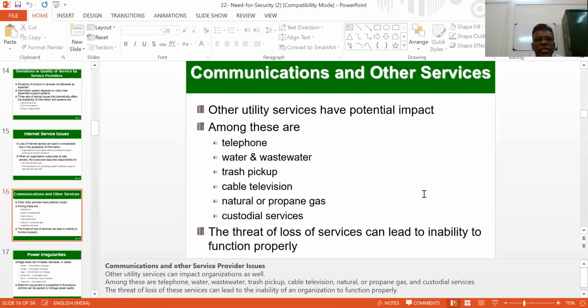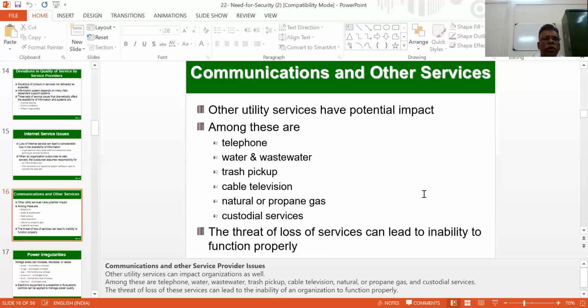Similarly, we have a PG center in different locations, like in Kodagu, a PG center in Udupi, and similarly in Mangalore, correct? If you would like to extend the same type of services, which services can be maintained with much more reliability? Among these, we can easily find one is telephone line connectivity, water and wastewater, because 24/7 you can easily get the essential, basic, fundamental requirements for our day-to-day life.